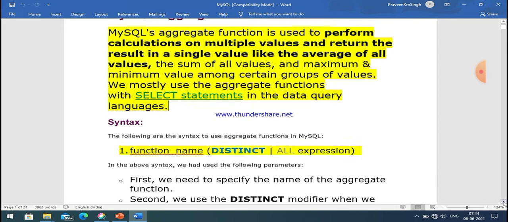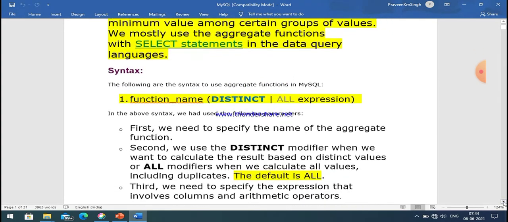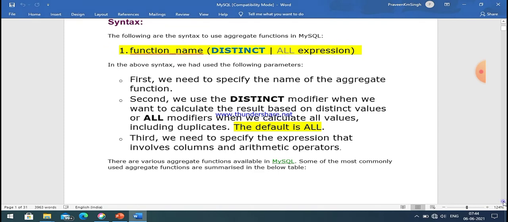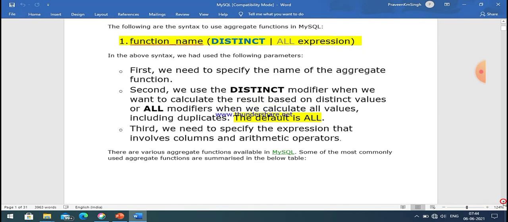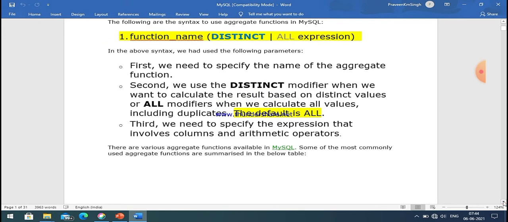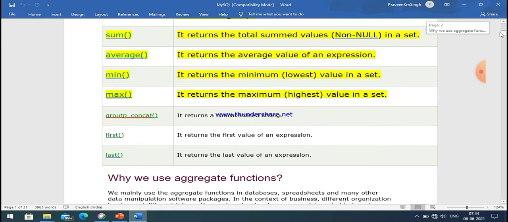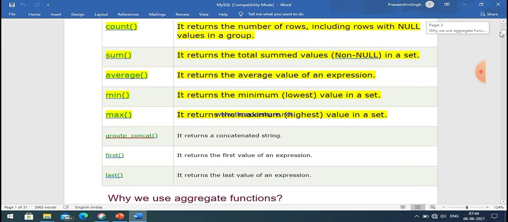You have to write the function name, and within parentheses you must mention an expression, which is of course a column name, and before this expression you can write distinct or all. These are the two keywords, and by default the value is all. It means all values are acceptable, whether null or not null, duplicate or single value.